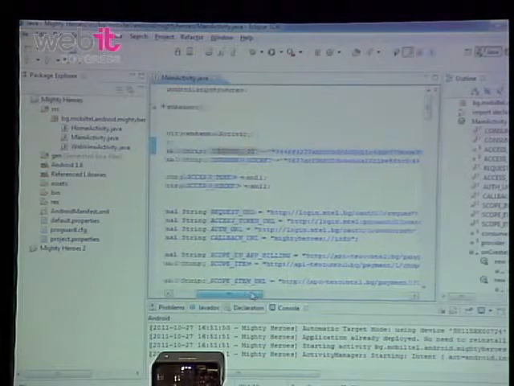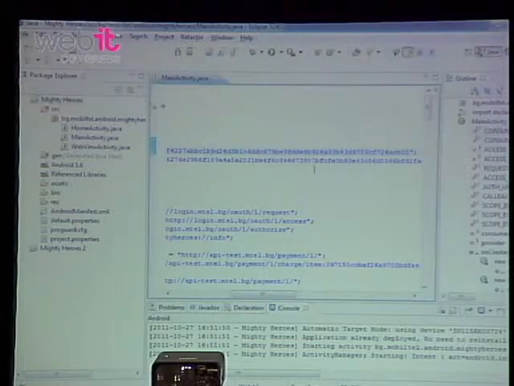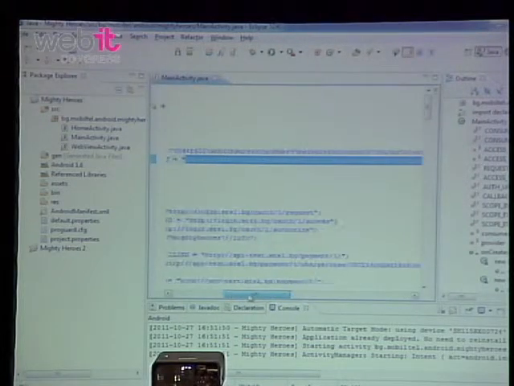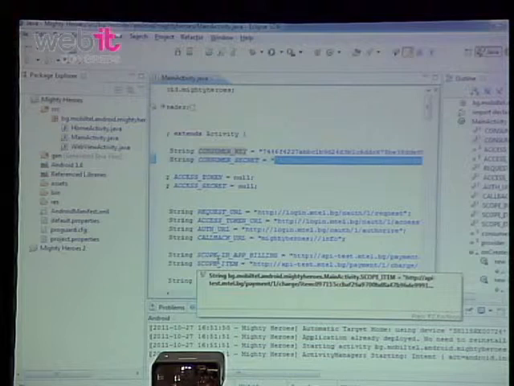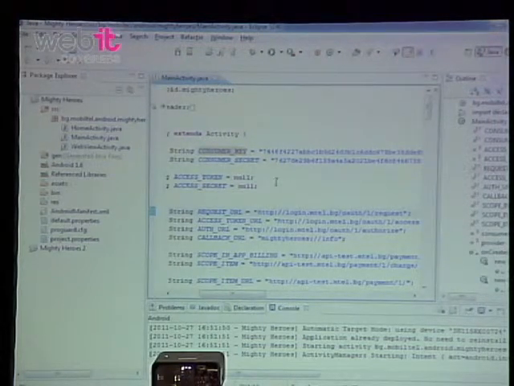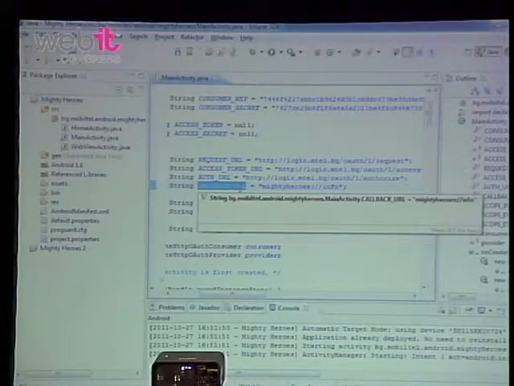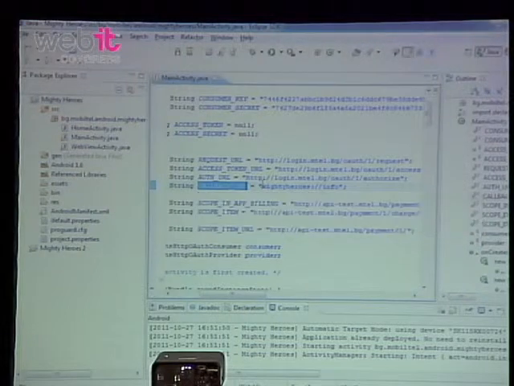As you can see, this is the consumer key. Please don't steal it. And this is the consumer secret. So these are the two parameters that Ruben talked about earlier, and you are actually getting these parameters from the Mtel developer platform. And here is some information about the URLs for the platform. Here is the callback URL that I was referring to earlier, that it's very important, but we'll go to this in